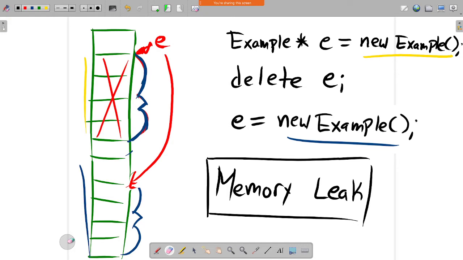And I see a question, what is a destructor? I'm about to get to that, so thank you. You are on the right track. It actually has to do with this, so